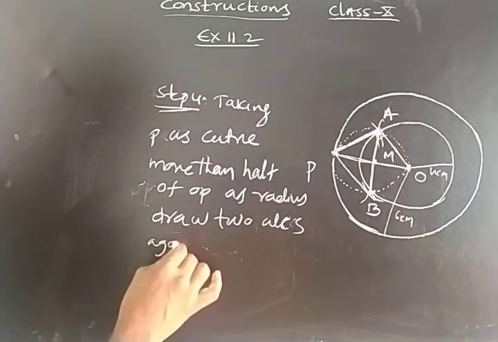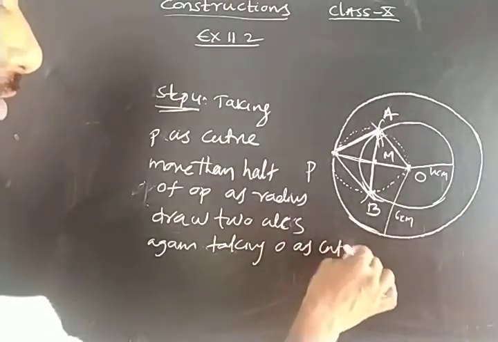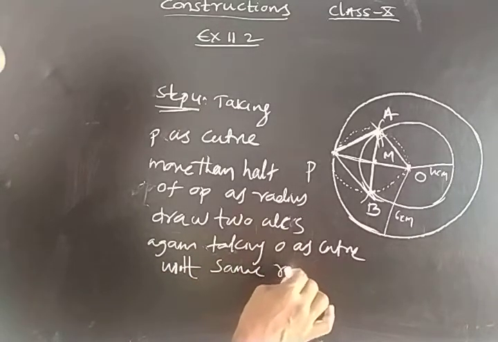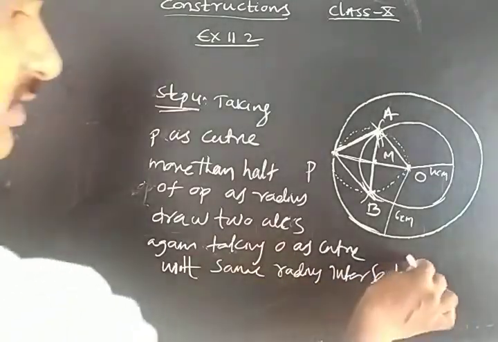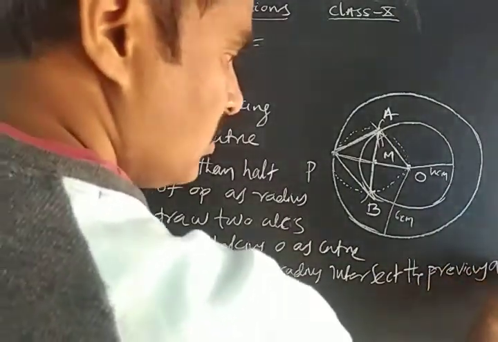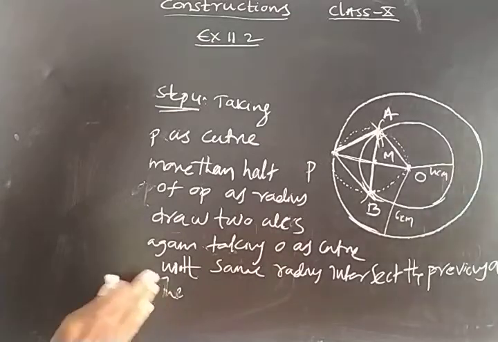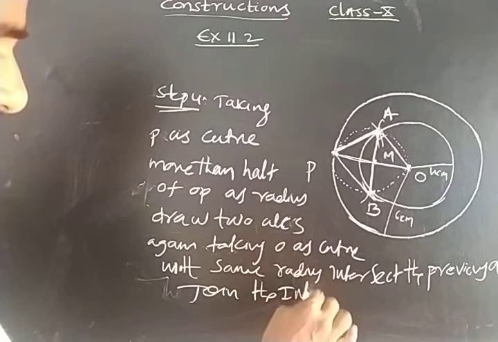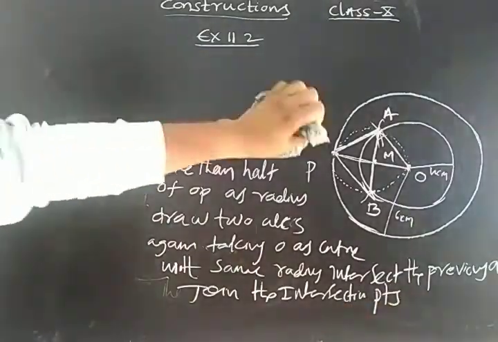Again, taking O as center with same radius, intersect the previous arcs like this. So they will meet. Join the intersection points. Then it will meet